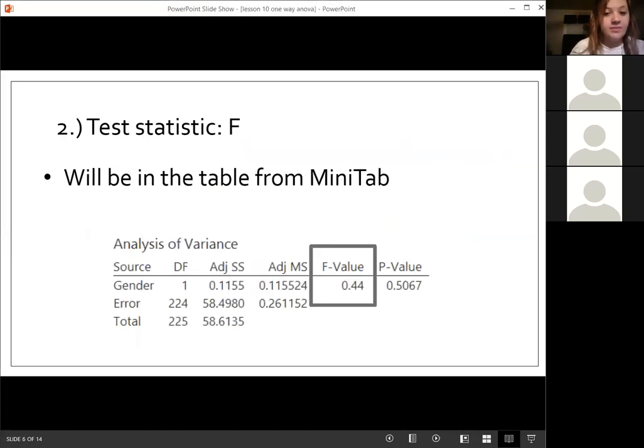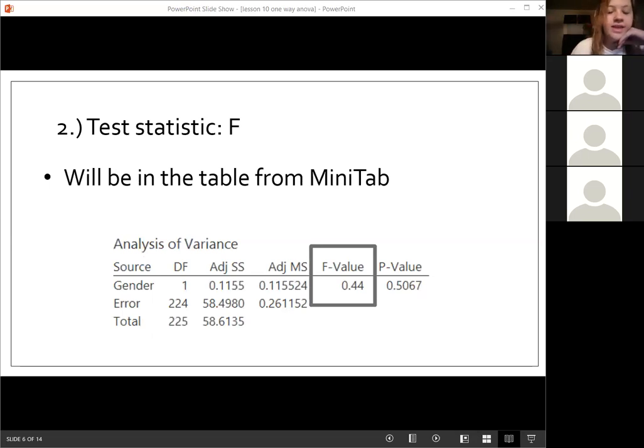And then for our second step, remember we have to find that test statistic, and this comes from our Minitab output. It's going to be an F test statistic, a little bit different from what we've been using for means and proportions. For proportions, we use Z; for means we use T. And remember we always have a right tail probability for ANOVA tests, so the test statistic will always be the beginning of the area that we find the p-value of, so it's the beginning and then everything to the right of it.